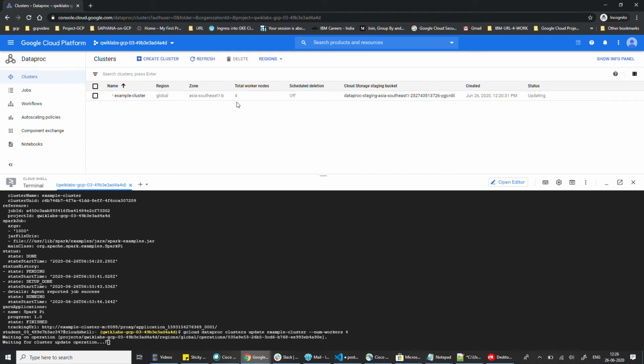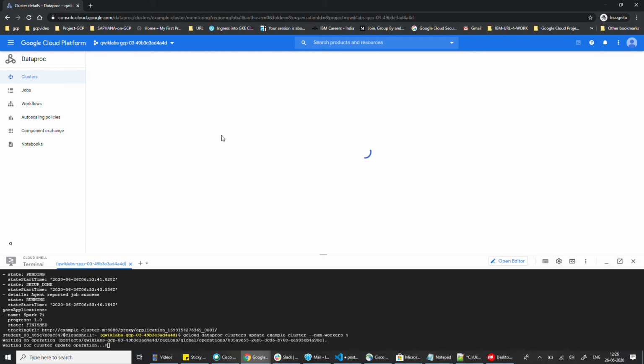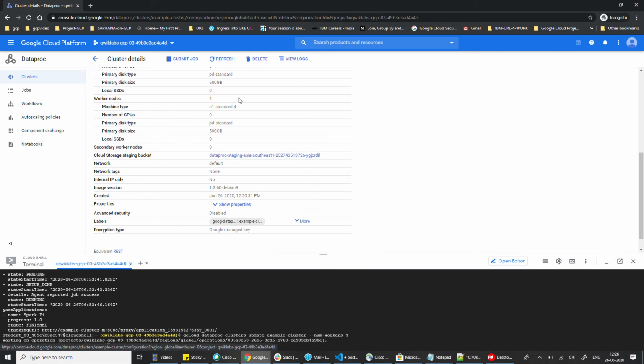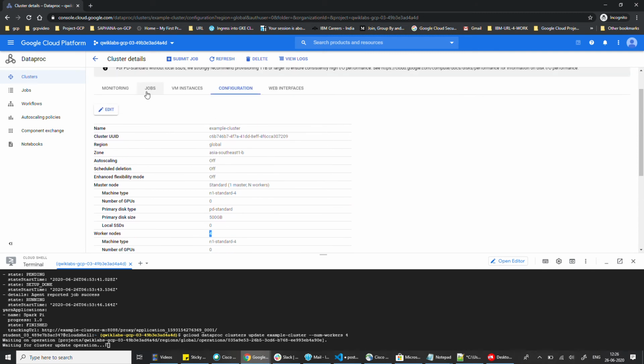You can see the nodes have already been upgraded to 4. You can also downgrade, and you can also check the configuration details page to see whether it has been updated or not. From 2 to 4, you can see the worker nodes have already been upgraded.